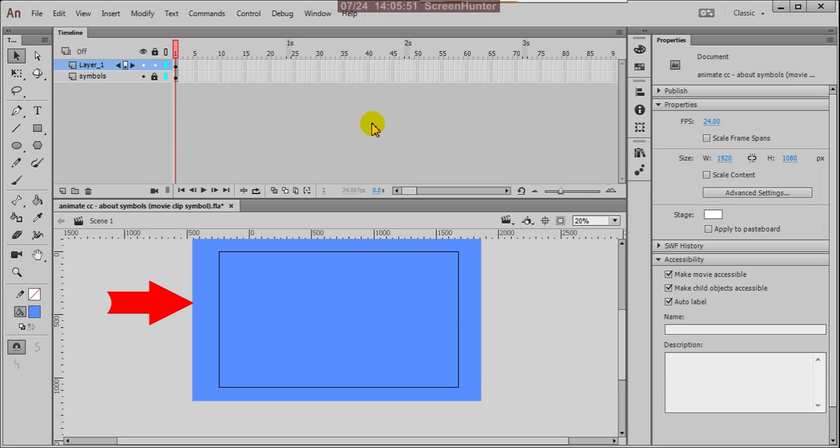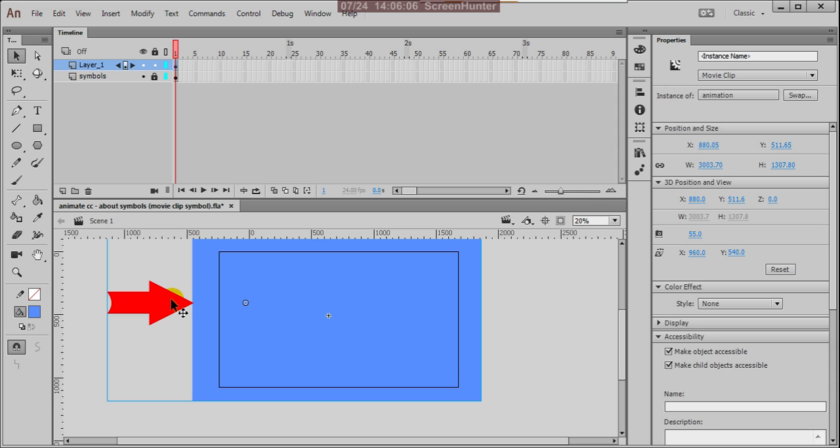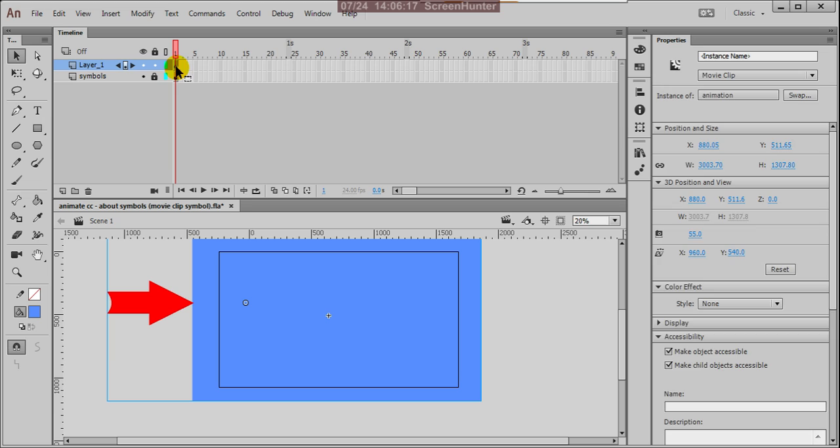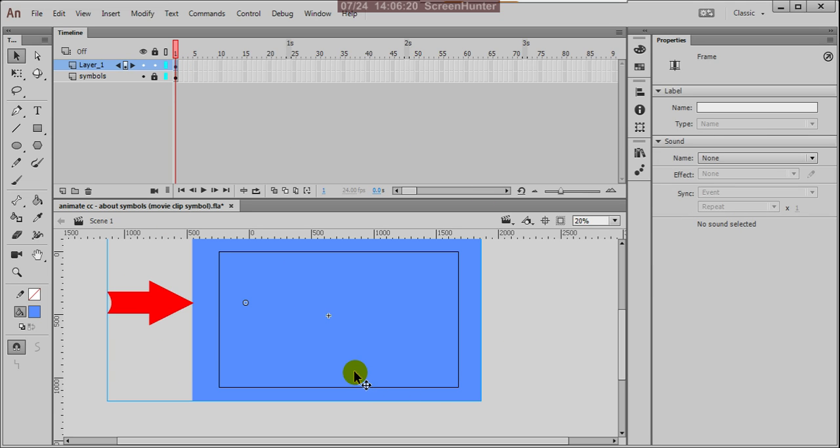For now, just focus on the movie clip only. So what is the difference? The major difference is that all your animation frames, these are all frames, you converted and can insert into one frame. In one frame your whole animation might be, sometimes when we are working on a project, 500 frames, 1000 frames, 5000 frames, as many frames. You can insert that many frames into one frame only.